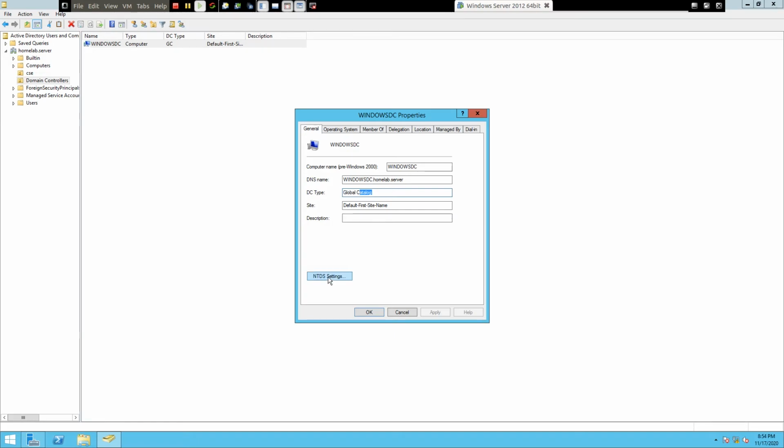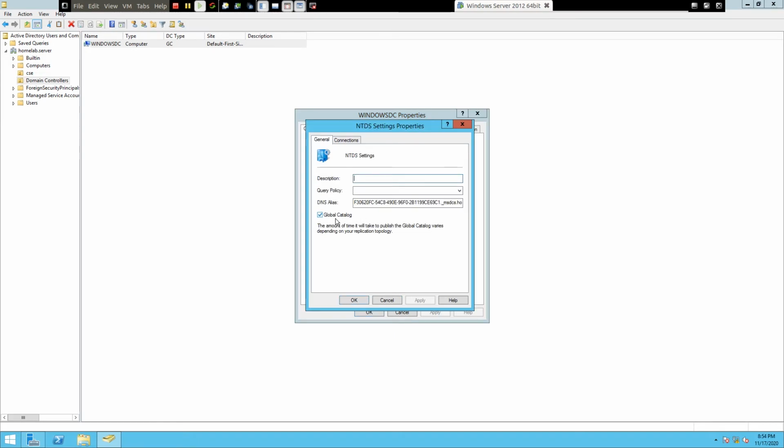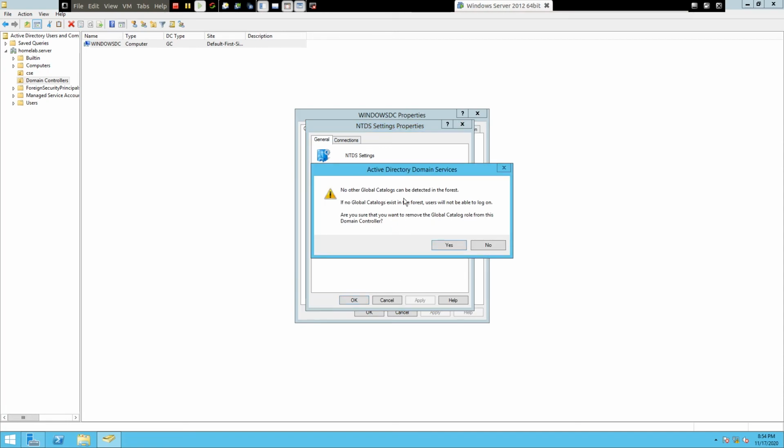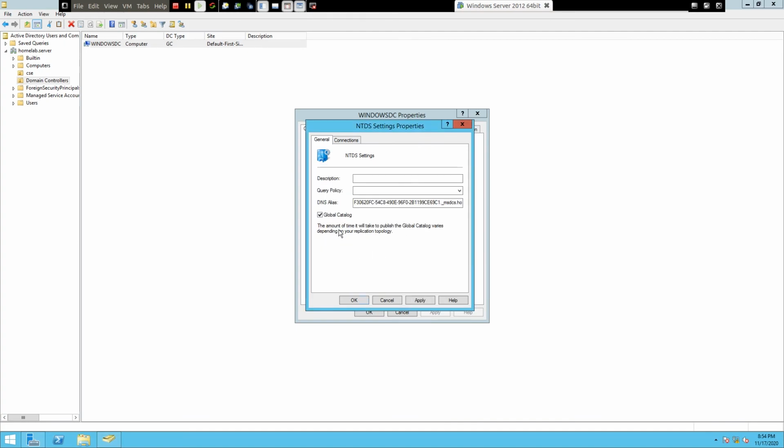Now click on NTDS Settings, and here all you have to do is uncheck this one. It says no other global catalogs can be detected in the forest. If no global catalog exists in the forest, users will not be able to log on. So that's why you need to say no for now. If you want to remove any other domain controller from the global catalog, you just uncheck this one.